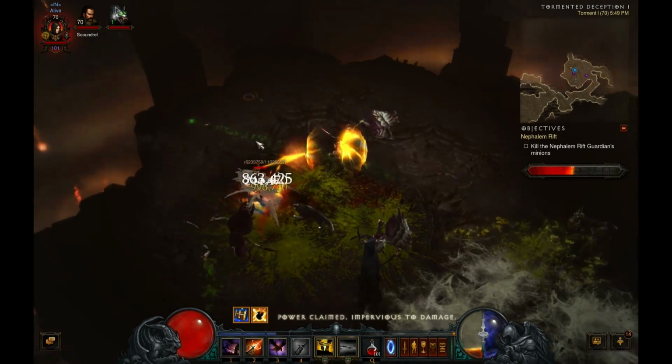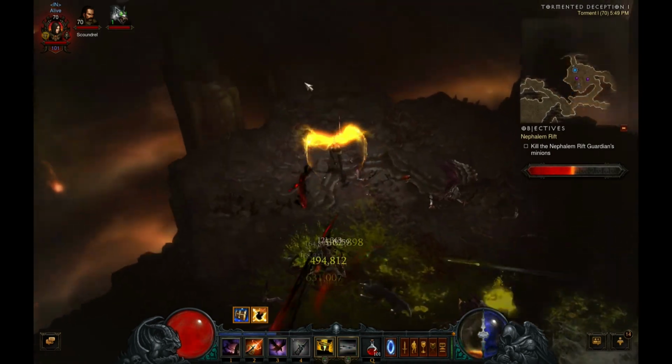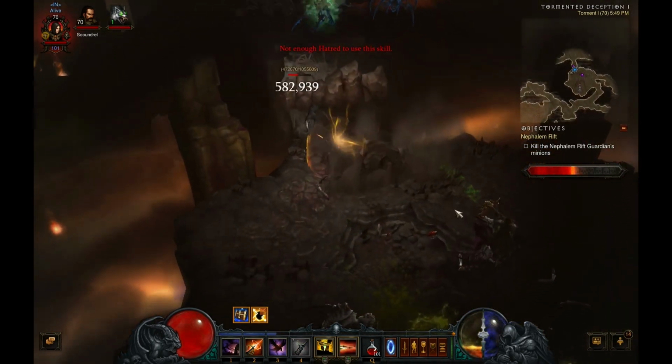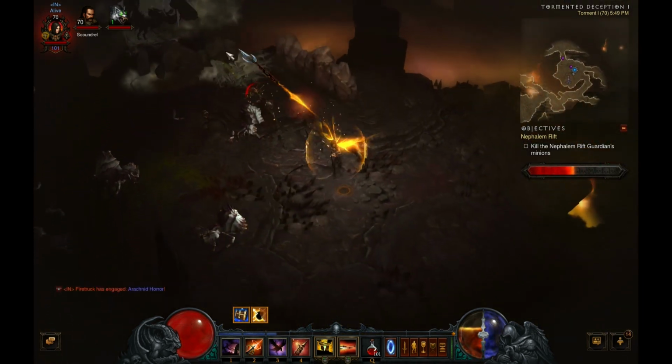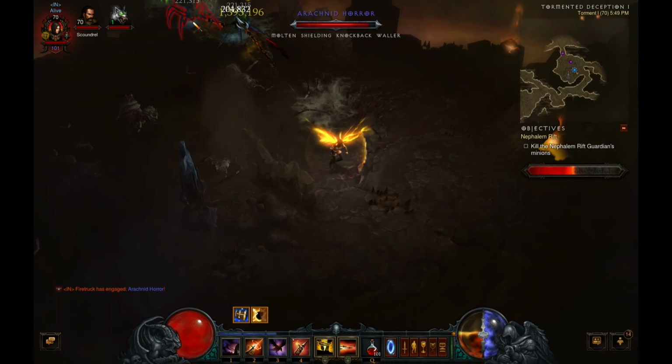And Shield Pylon, that's alright. I don't really like that one, because I don't try to take damage anyway. Ooh, there's a Waller. Okay, this is going to be a little bit tougher. I'm going to try and stay...